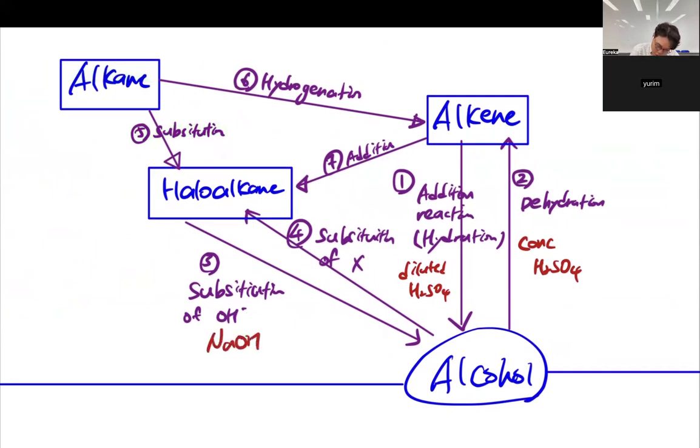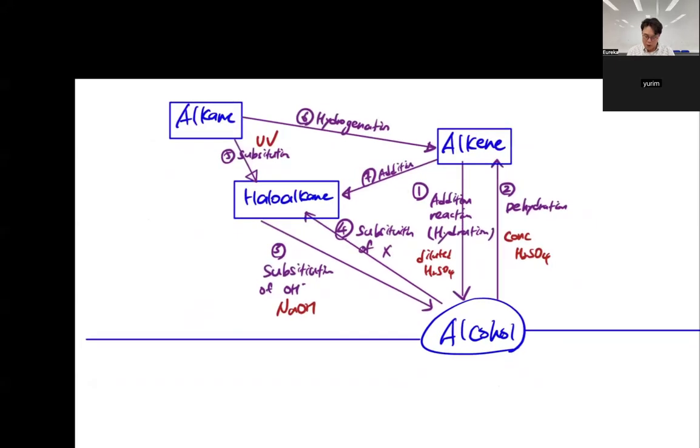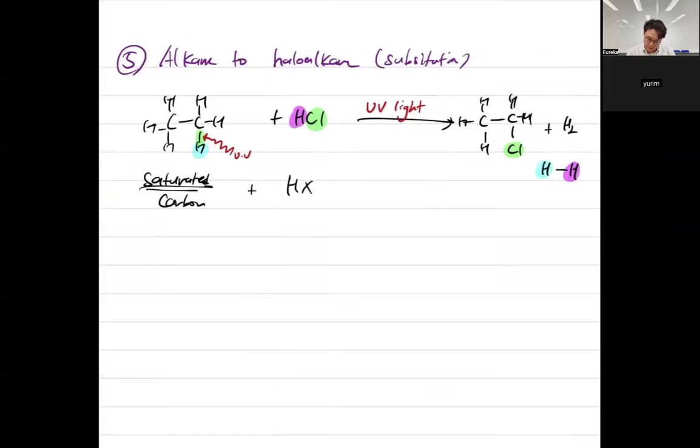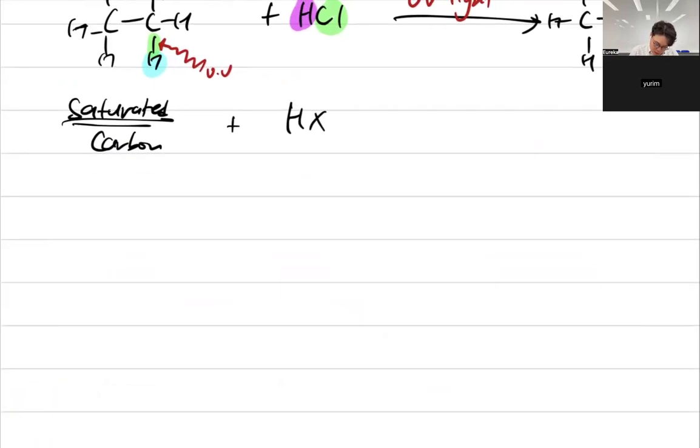NaOH is used and UV light is used, and then we can produce the alcohol we want to make. The second method of producing alcohol from alkane is from the alkanes, we can go for number 6 chemical reaction, which is hydrogenation. It's a type of substitution reaction to move on to the alkene, and from alkene go through the hydration process. So let's have a look at number 6, which is the substitution, also known as